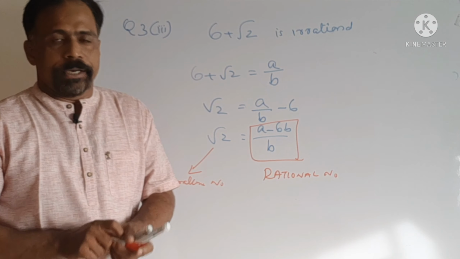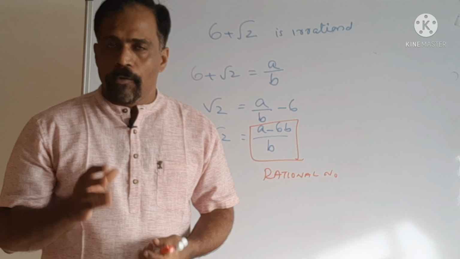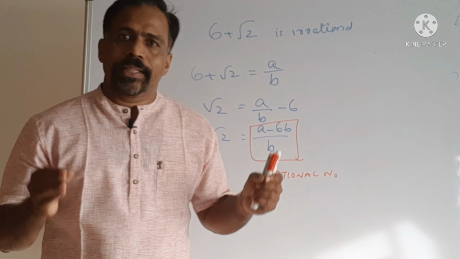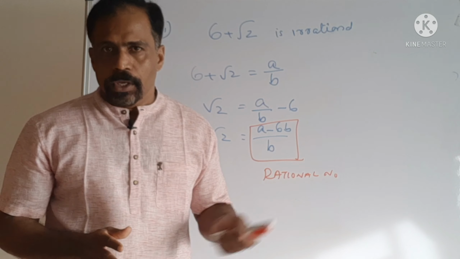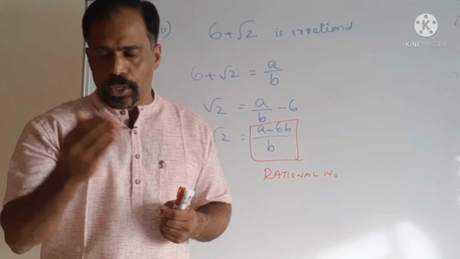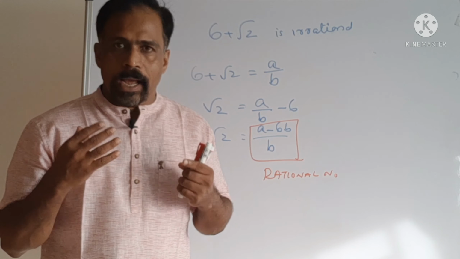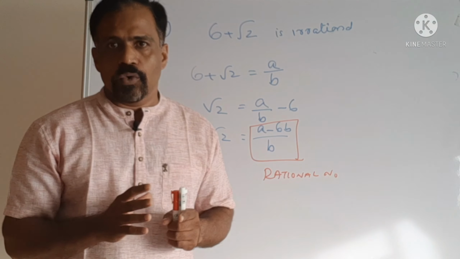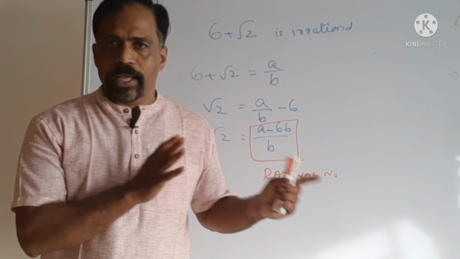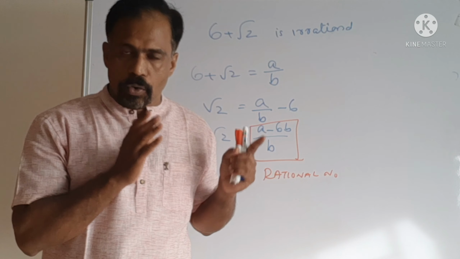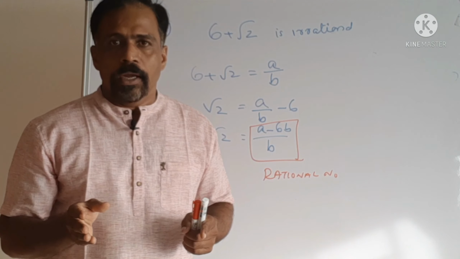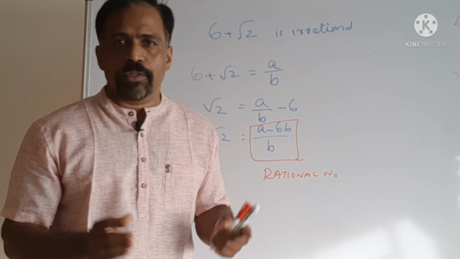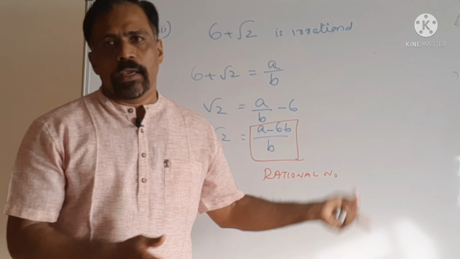So let us have a quick revision of what we have learned today. We have proved that root 2, root 3, root 5 are irrational numbers. The proof is saying that in all these cases, root 2, root 3, root 5, we will assume that they are rational numbers, then we will square on both sides, and then we will assume a value for a. In the case of root 2, we will assume a is equal to 2c. In the case of root 3, we will assume a is equal to 3c. In the case of root 5, we will assume a is equal to 5c. And then we proceed again.